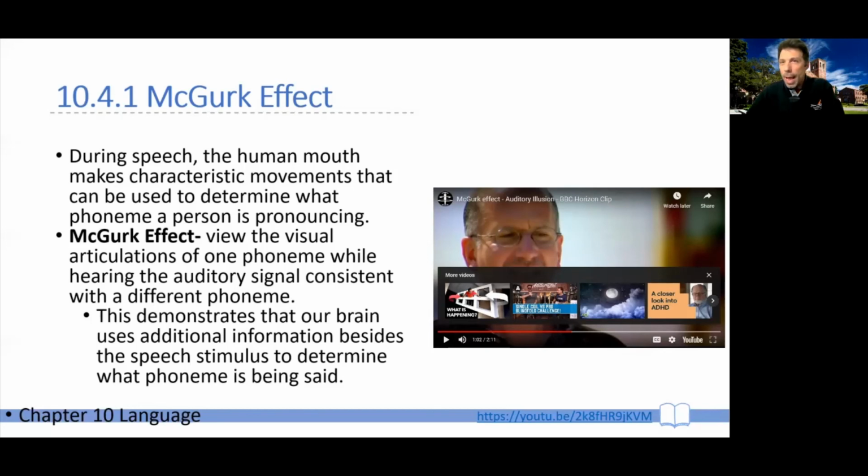So these are just examples of strategies that our minds use in order to resolve the potential ambiguity of processing and understanding an auditory, a linguistic